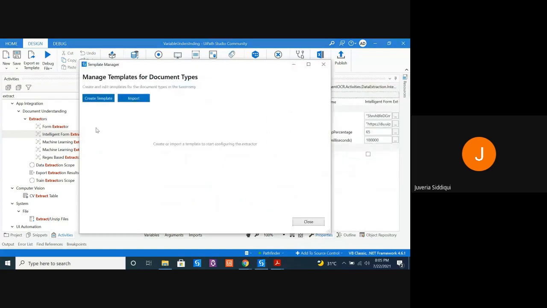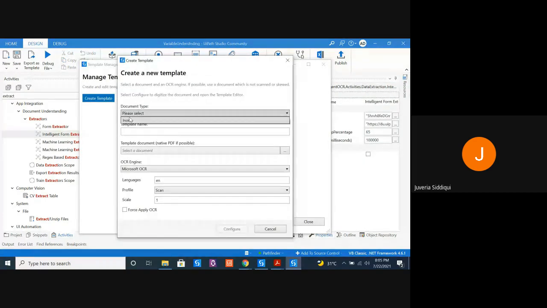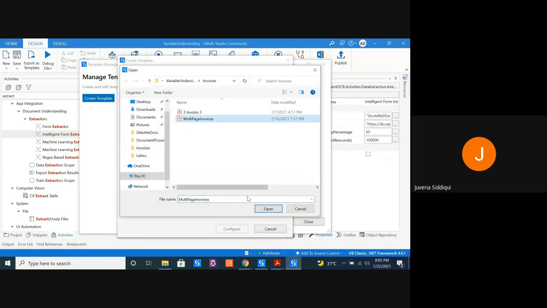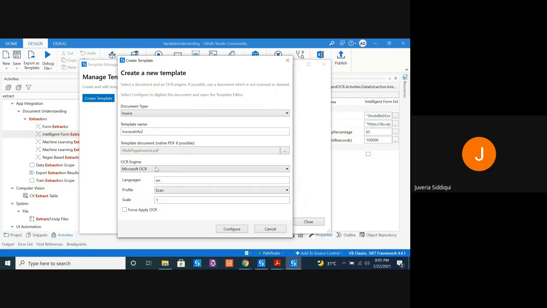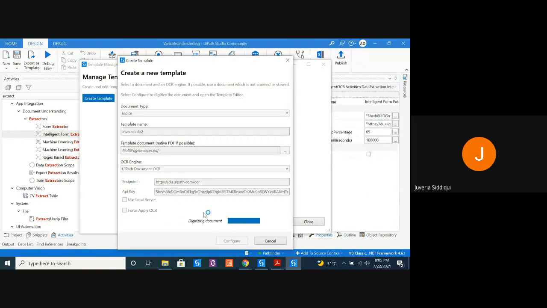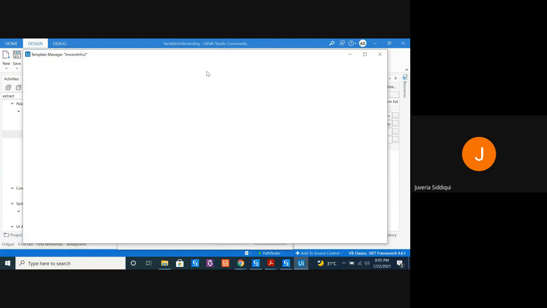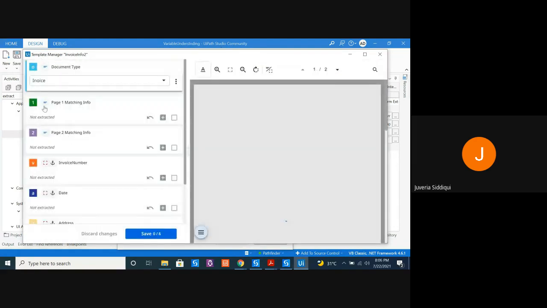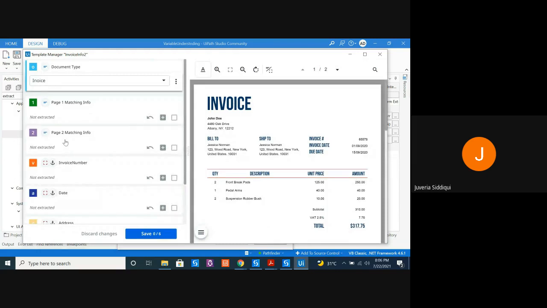Let's click on manage template. Exactly the same thing. All right, again, we have to mark page 1 and page 2.